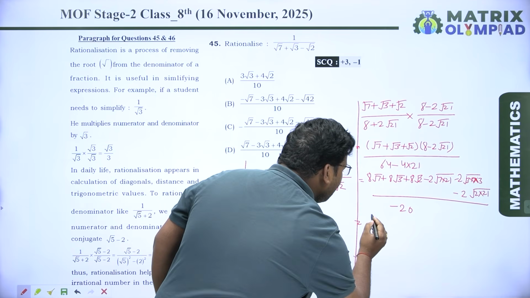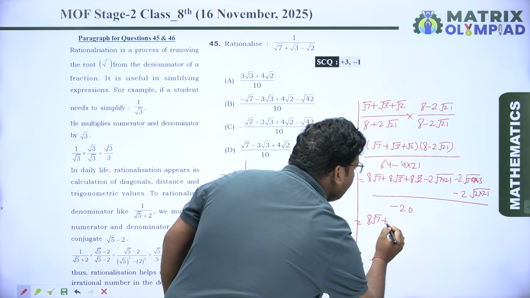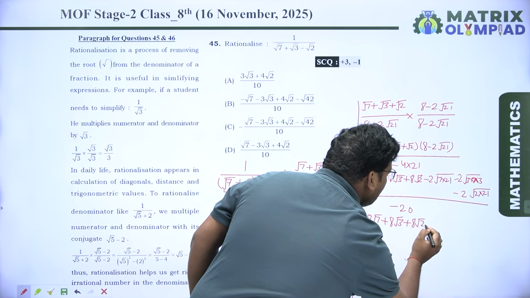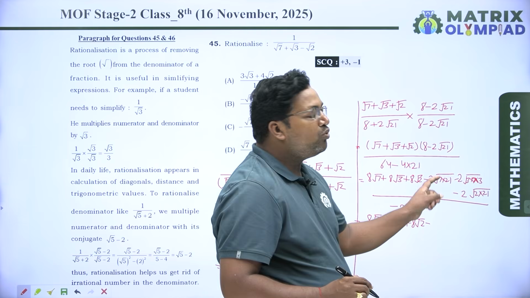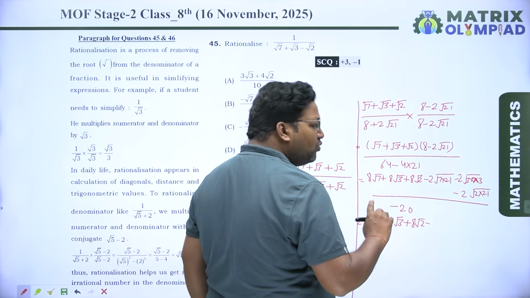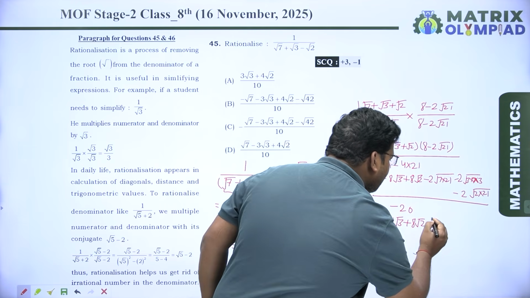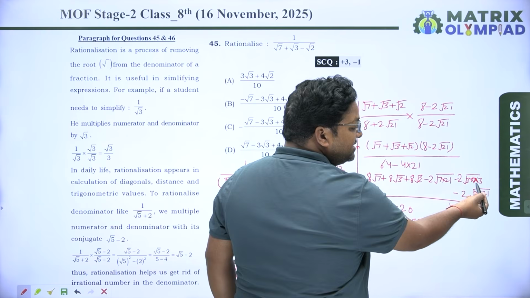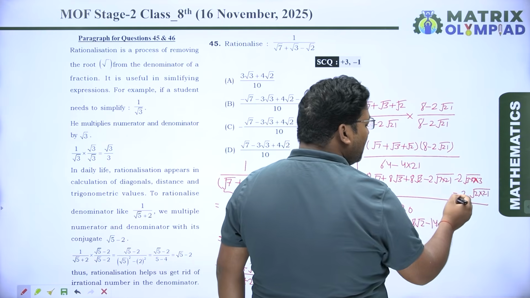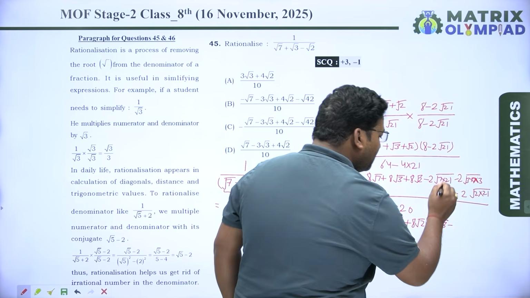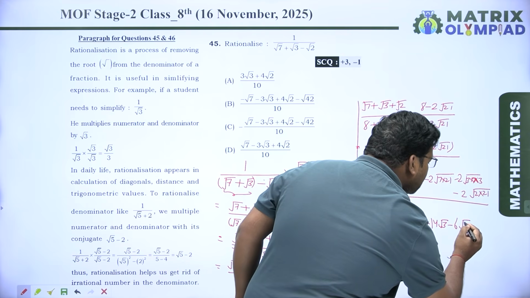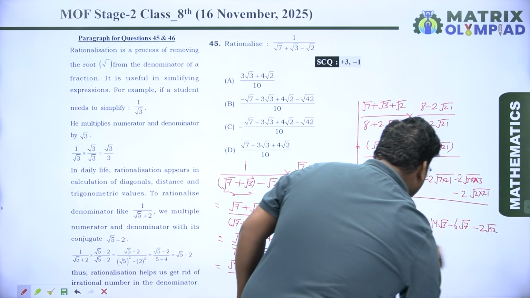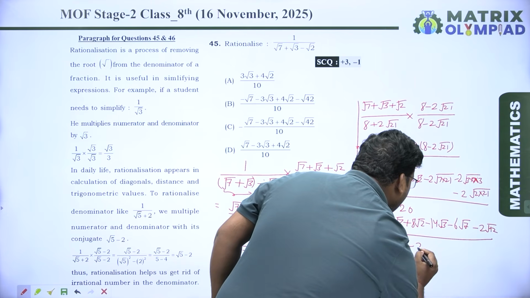So here you can see 8√7 plus 8√3 plus 8√2 minus 2 into √(7 into 21), which is equal to 7√3. So 7 2s are 14. So it is 14√3 minus, here you can see 3 square into 7 square root. So it is 3√7. 3 2s are 6. So it is 6√7 minus 2√42 upon −22,